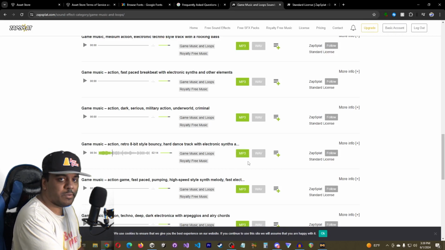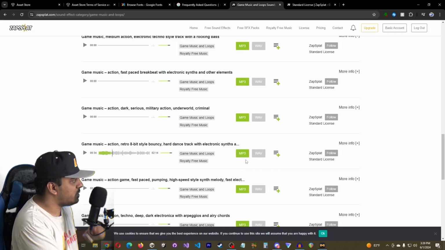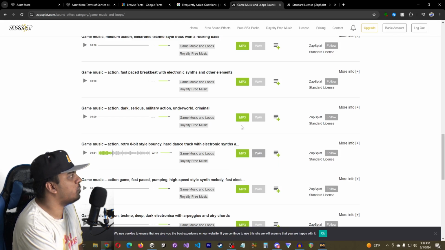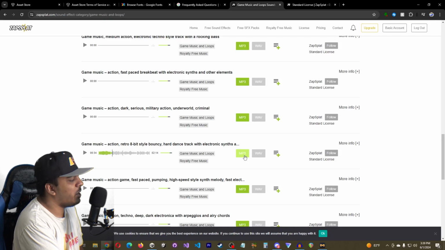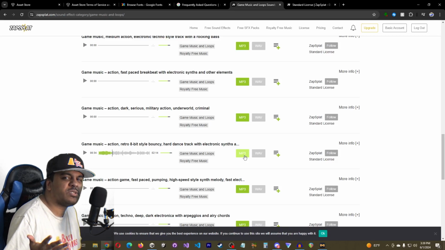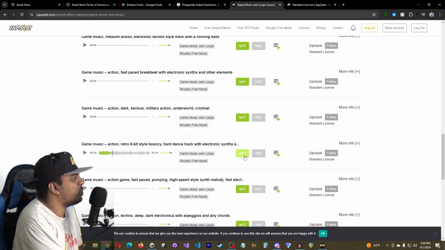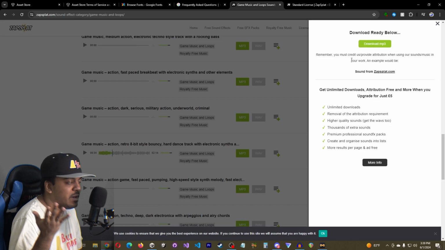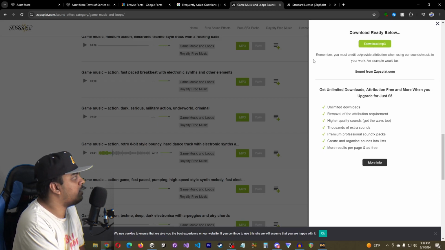Now, the sad part about Zapsplat is that you cannot download WAV format files unless you have the gold feature, which you do need to pay for. But WAV files, for placeholder, it's fine. Using MP3s will work. So if I click MP3 and I want this song, it'll tell me I could download the MP3. That'll give me a link right there to download the file. And also,